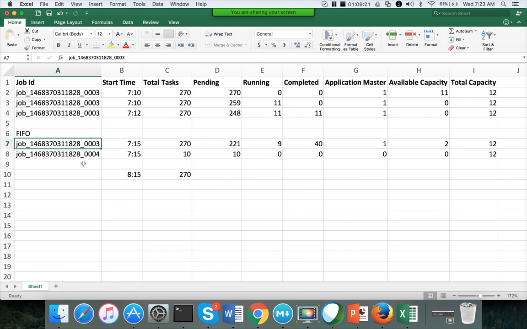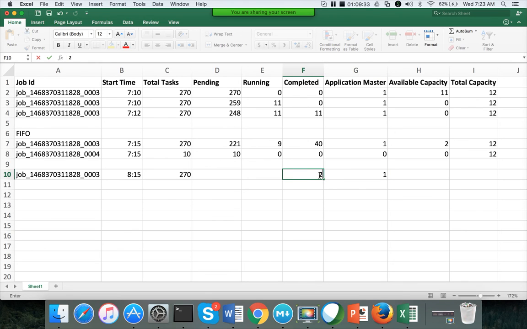So here I am talking about this job. So 1 will have gone to the application master, and let's say 260 are completed by that time. Sometimes multiple jobs will be completed at the same time. So let's say by 8:15 the completed are 260. So pending will be 0 and running will be 8.